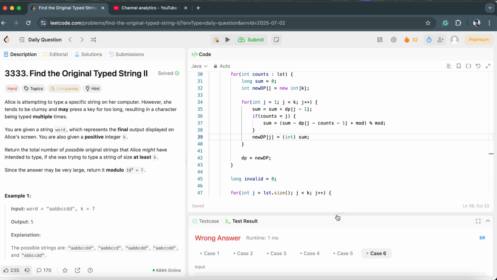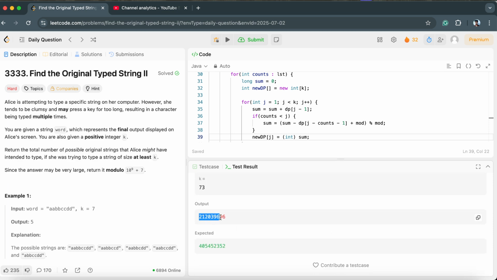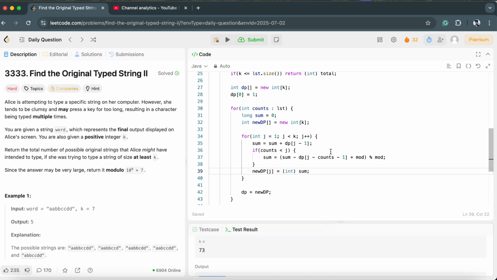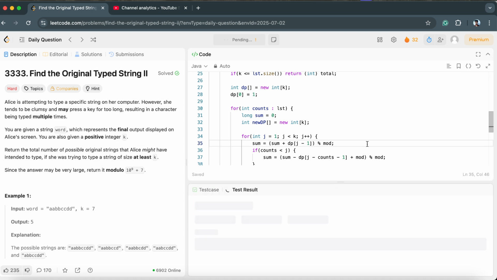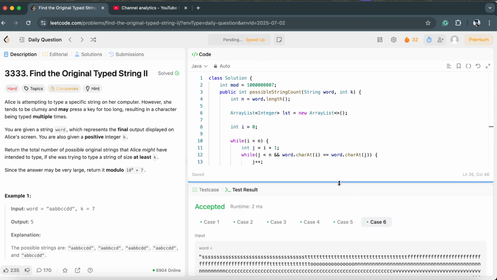Okay, the last question's answer got wrong. The same thing happened previously. See, this output was different because we are missing somewhere adding the mod operator. And that was this one, sum plus dp. After adding this dp value, we should put the mod. I think this time it should work fine. Okay, it is working fine. Let us try to submit and see if it is working fine. And yes,